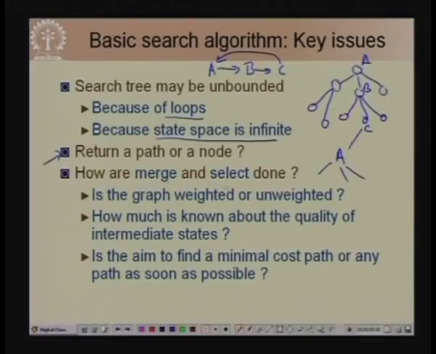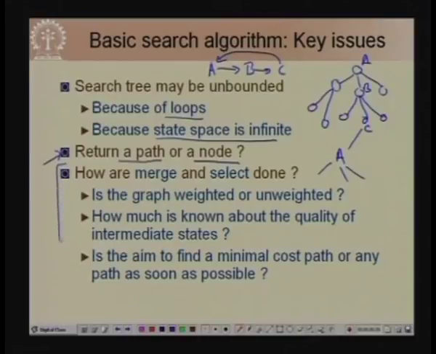However, for problems like the 8 puzzle, we really do not need to spell out the operators. If we just give the goal configuration, the operators are evident. If we say that this is the initial state, this is the goal state, that is sufficient. Given the goal state, we can find the sequence of operators very easily which take us to this goal state. So, depending on the problem definition, we will either decide to return a path or a node.